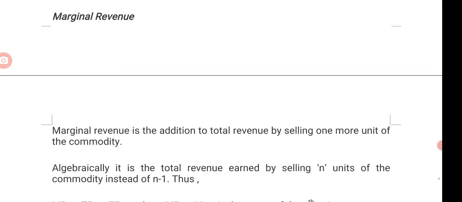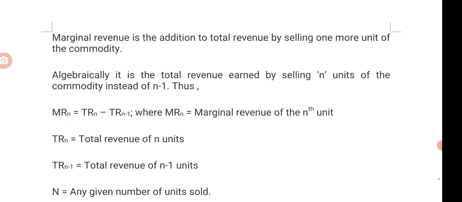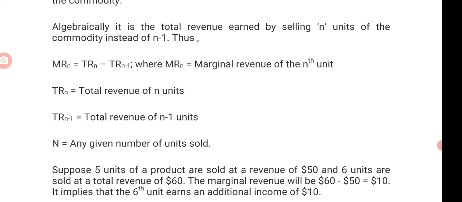What is marginal revenue? Marginal revenue is the addition to total revenue by selling one more unit of the commodity. It is the change in total revenue from selling n units of the commodity instead of n minus 1. Thus, MR of n is equal to TR of n minus TR of n minus 1, where MRn is the marginal revenue of the nth unit,